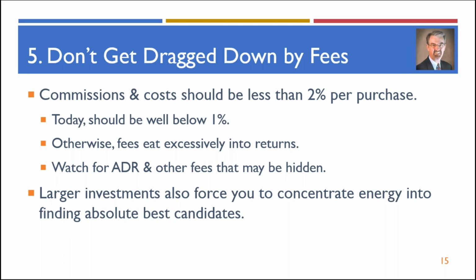That it might behoove you to increase those positions or consider the cost and the relationship to your overall returns. When you have larger investments, that's going to force you to concentrate your energy into finding the best candidates as well. So I believe that you should establish a minimum amount that you will invest in your portfolio holdings